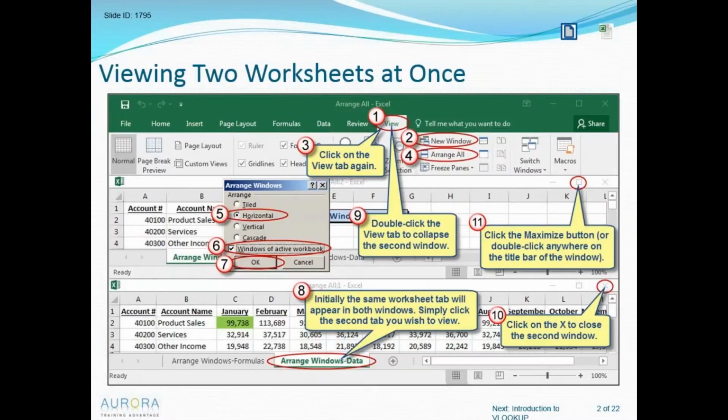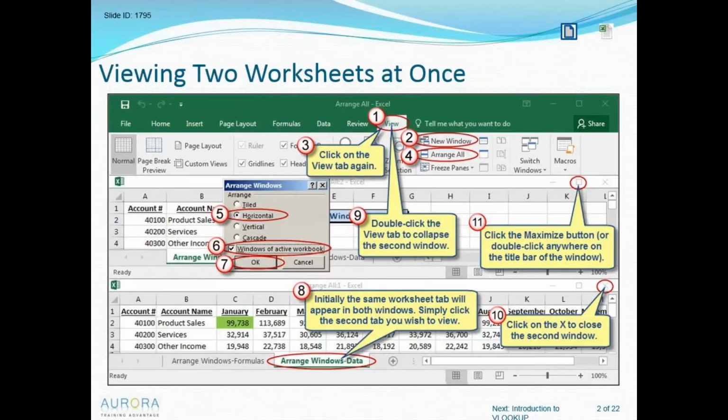So the first step we're going to see is we go to Excel's View menu. The second step is we click on New Window. When we're creating a window, we're not duplicating our document. We're simply opening up an additional window that lets us see our document in an additional fashion. Initially, it's going to feel like nothing happened because the windows are going to be stacked on top of each other. So we'll then need to rearrange them so we can see both at the same time.